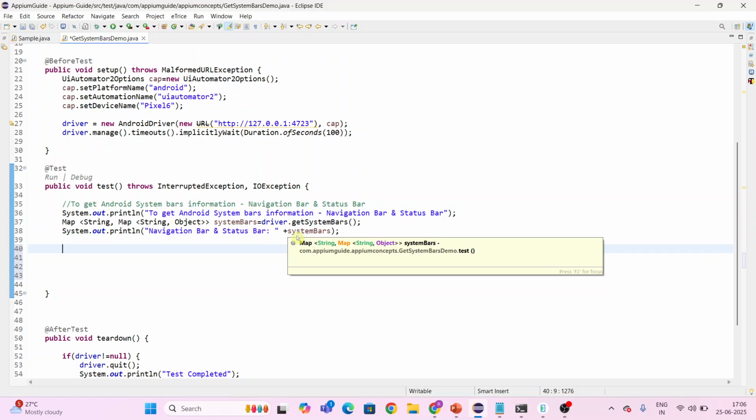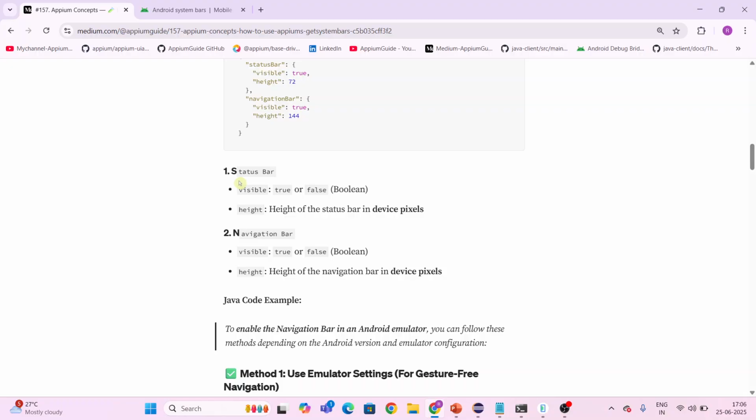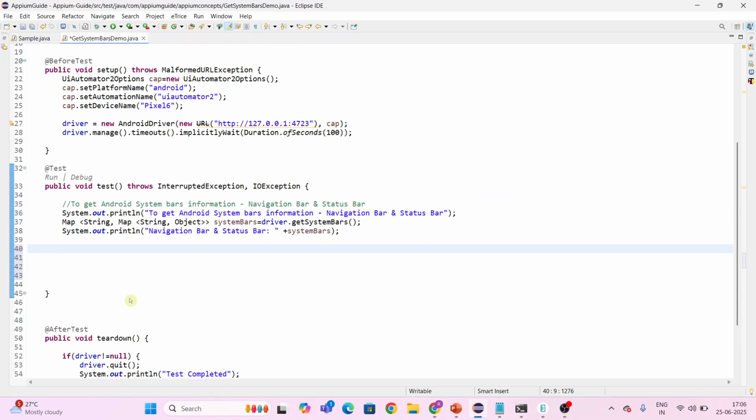Now the next step is, I want to extract only the information like this. I want the information for the status bar and navigation bar, that is the visibility and height. I want to print that separately here. So we write the code for that one. Here I have to use